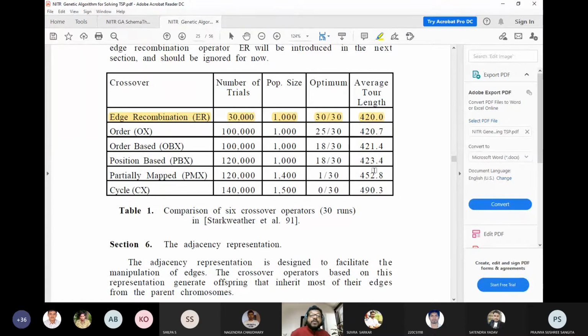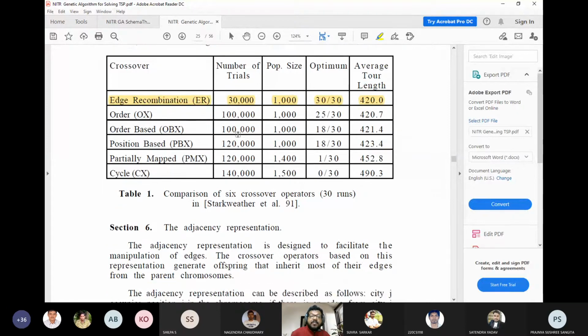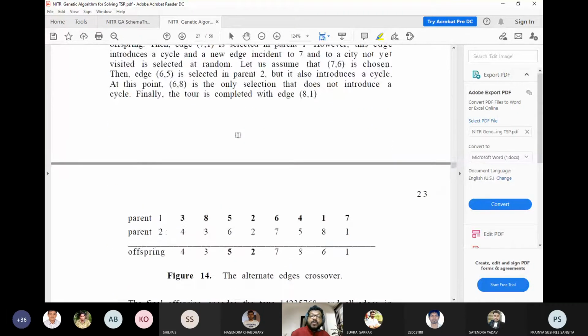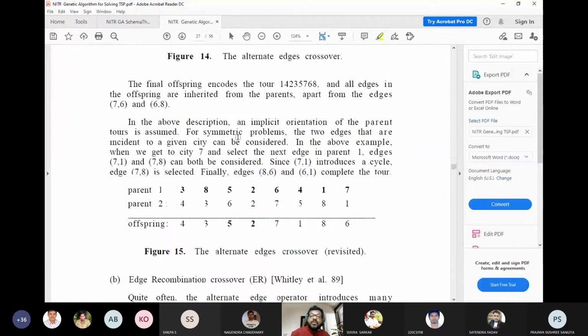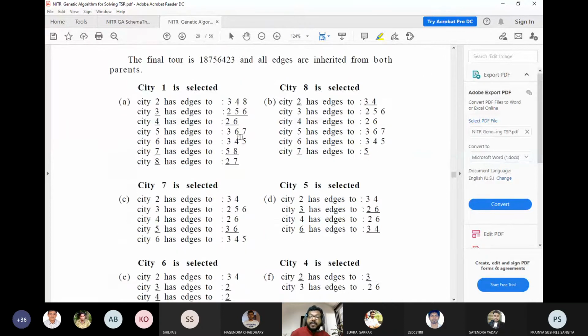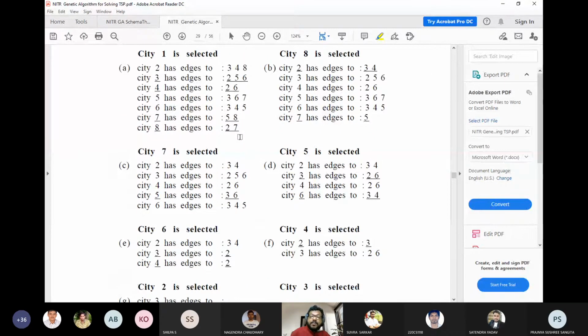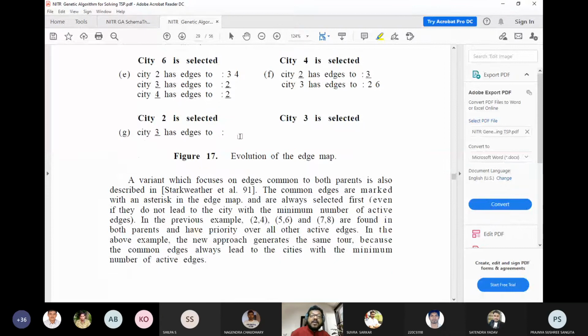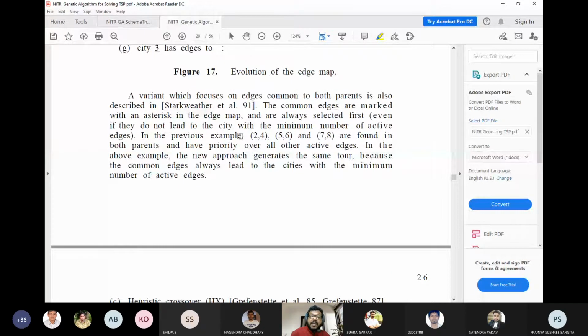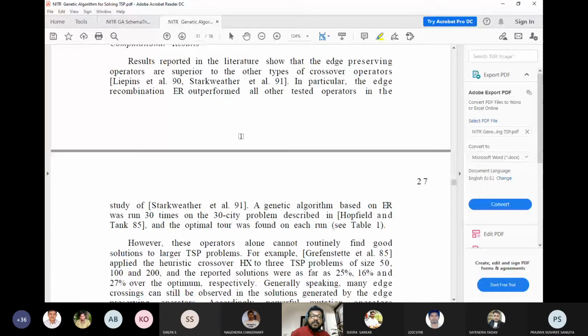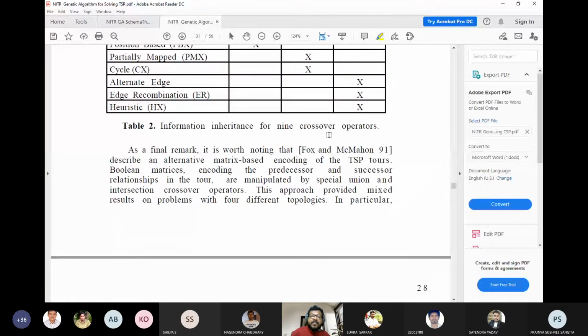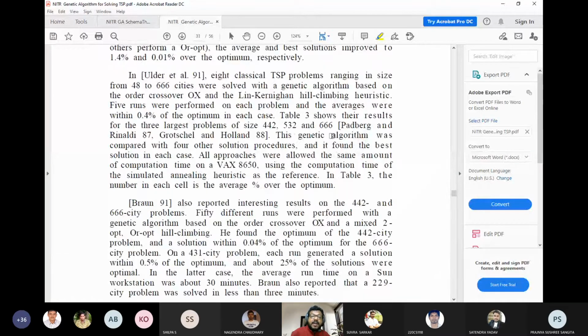This is 56 pages of material and nicely explains each and every step, the different types of crossovers used to find the solution. The good thing is that the hand trace is also available. There are many papers, but this is the best paper, a comparative study and analysis. I have uploaded this, this is the third paper.